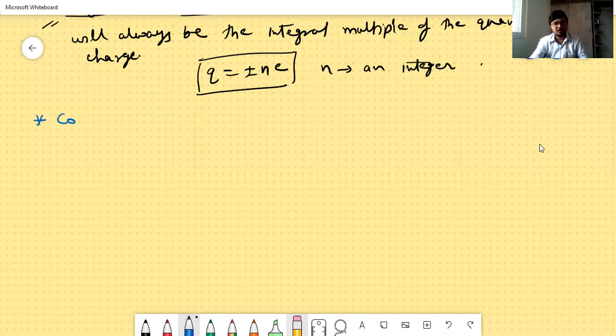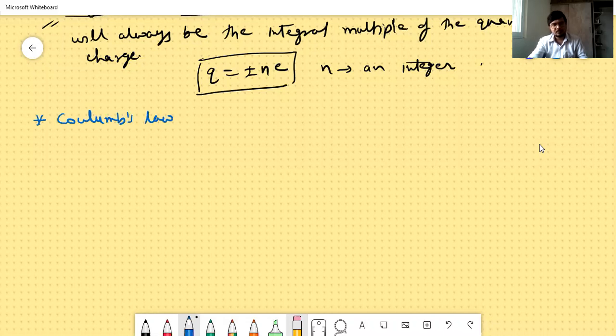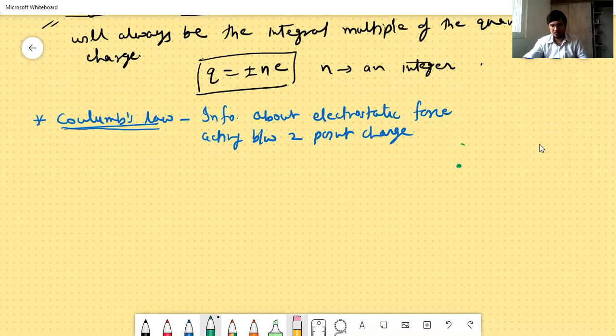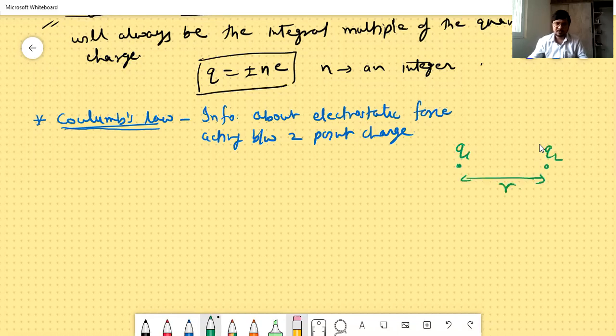Now I'll talk about Coulomb's law. What did Coulomb tell us? He gave us information about the electrostatic force acting between 2 point charges. Now let us say there are 2 point charges q1 and q2, which are separated by a distance r. Then in that case, the electrostatic force will have magnitude